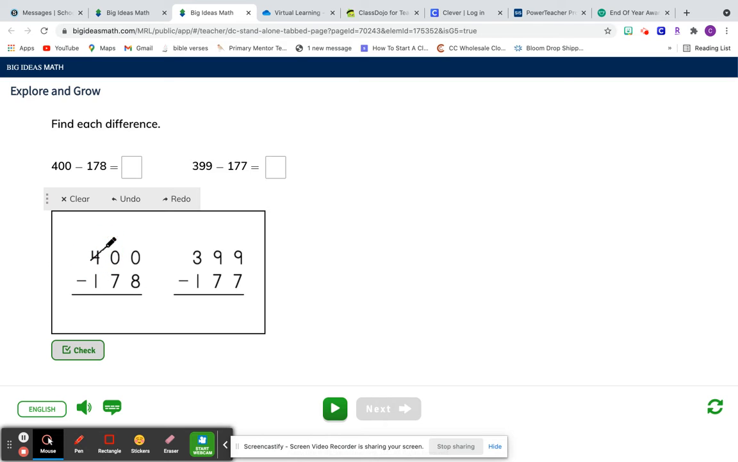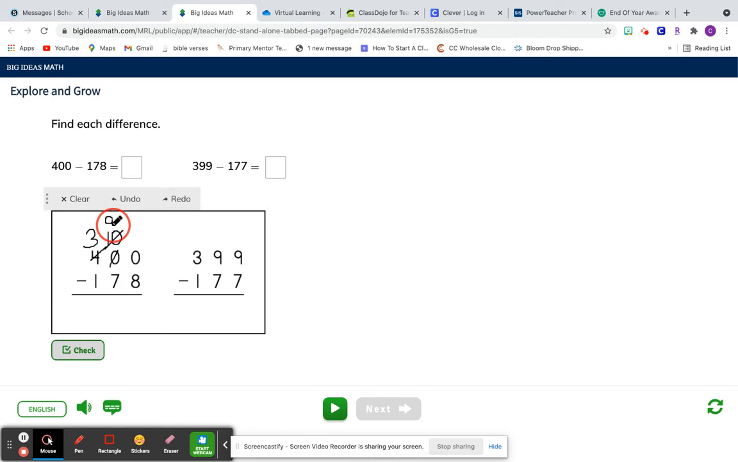We are going to cross out the 4 and put a 3. And we now have 10 tens here. So we still have the same amount. We have 3 hundreds, 10 tens, and 0 ones. Well, we need some more in our ones. So we're going to cross out this 10,